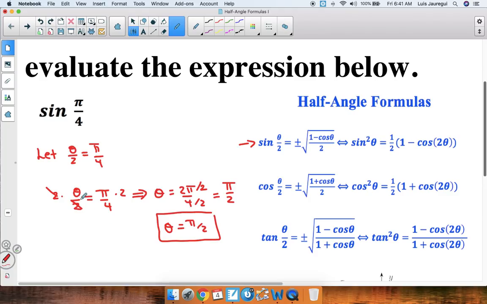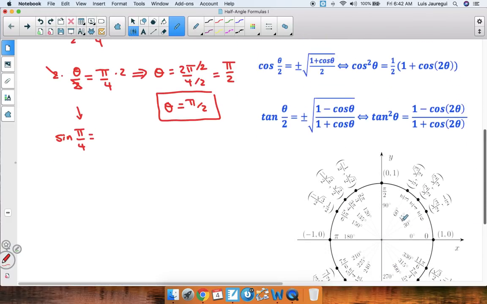Now we can actually try to evaluate sine of pi over 4. However, before we do the evaluation, we need to determine whether the square root we're going to use is positive or negative. To do so, let's analyze the angle. Pi over 4 happens to be in quadrant 1. Let's see it on the unit circle. Here's where pi over 4 is. In this case, we ask ourselves, is sine positive or negative in quadrant 1? Since all the trig functions are positive in quadrant 1, we're going to take the positive